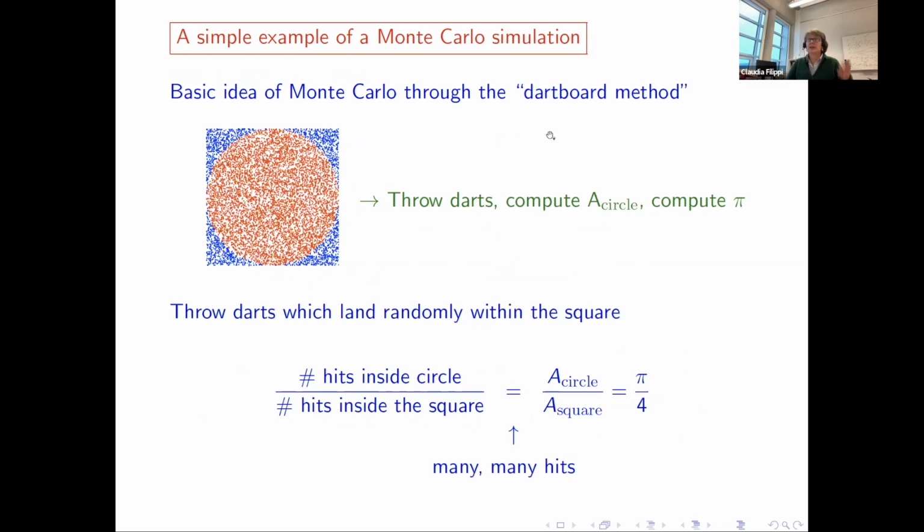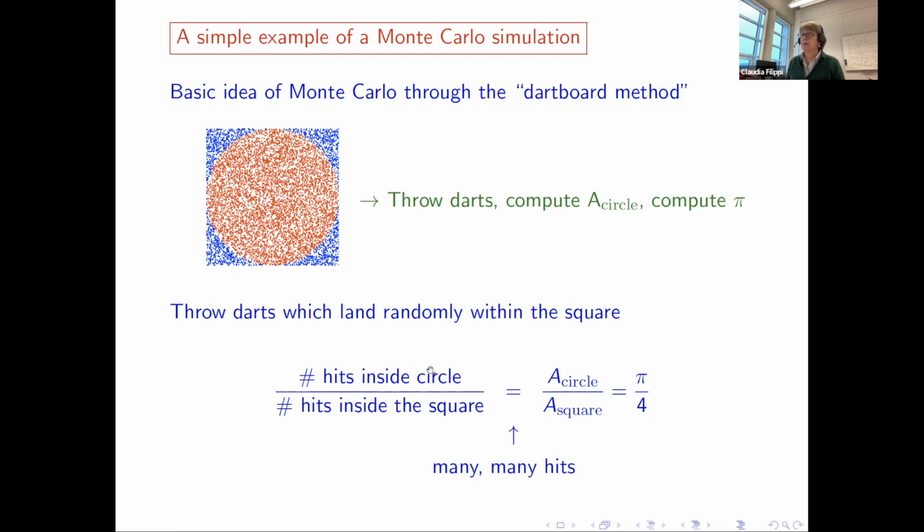Now, the simple example, if you're doing some Googling of a Monte Carlo simulation, essentially is to use random numbers to compute pi. Okay, to compute it starting from the area of a circle. So you're taking your circle, you are inscribing it in a square, and now you're starting to throw some darts. Okay, we are assuming you're really a very bad player. So you're going to throw them randomly, but you're still going to hit the square. And then at the end of the day, you have thrown so many darts, and you're going to count how many are inside the circle. So that's red with respect to the total number, red and blue.